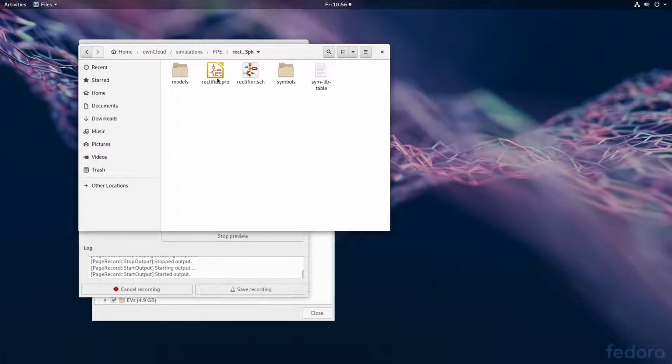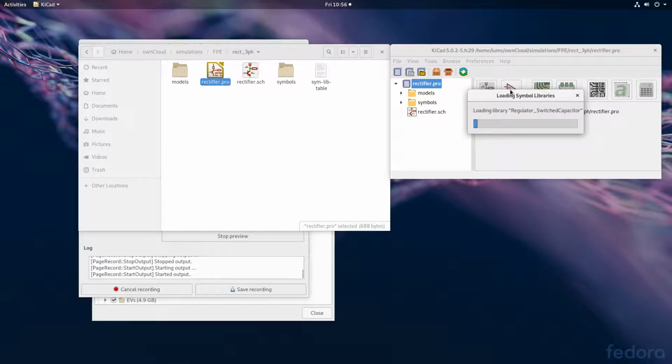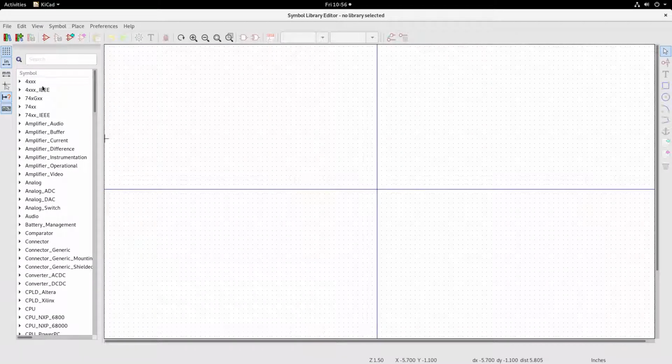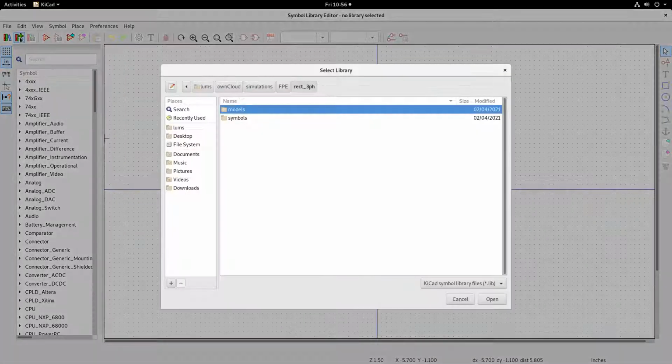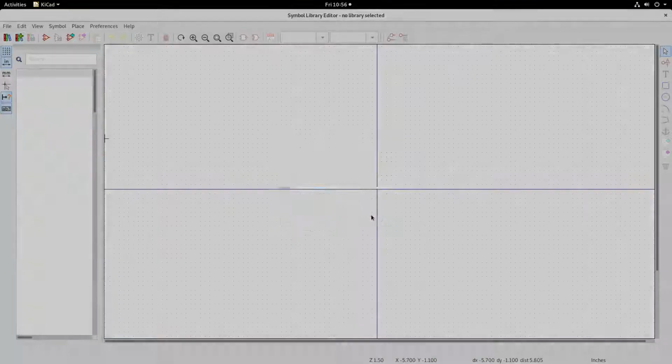So you see that a project file is created. So first time you will have to open this rectifier schematic. When you copy it from some other place, a project file gets created. To open this, click on the symbol library editor. It will open the symbol library editor, and here you see my components is not there. We will go to add an existing library. Let us add that. In that we had copied the modern symbols. So go to symbols, pick this my components library, open it, put it into this project, and that's it.